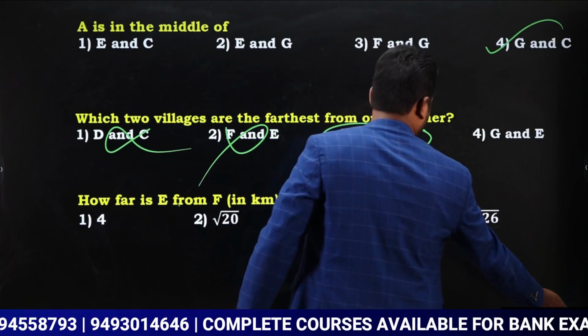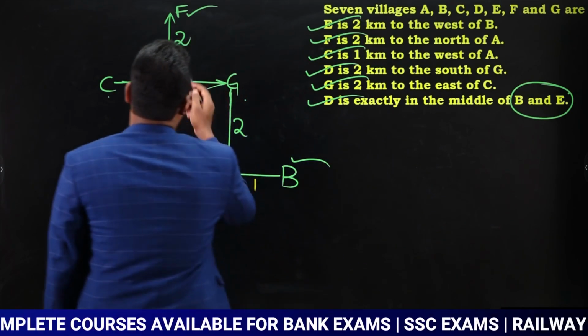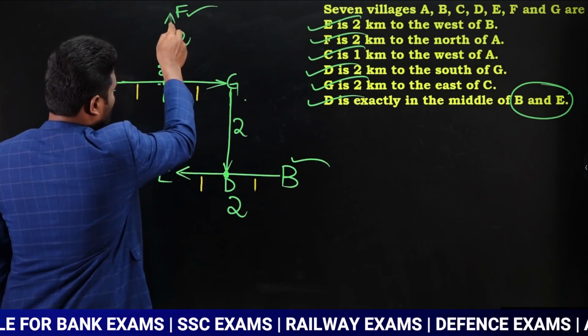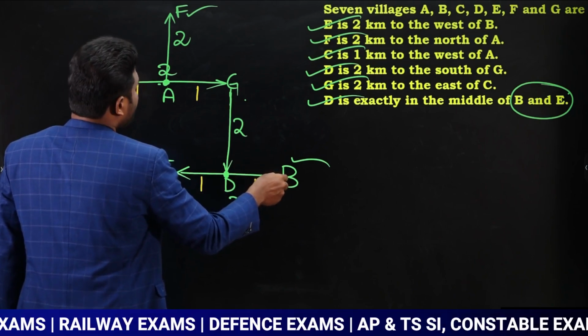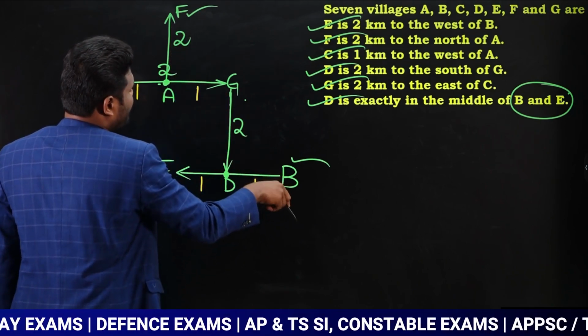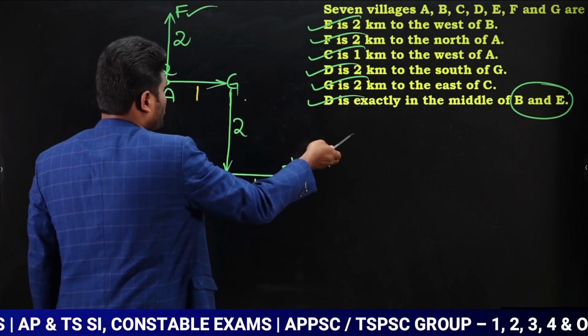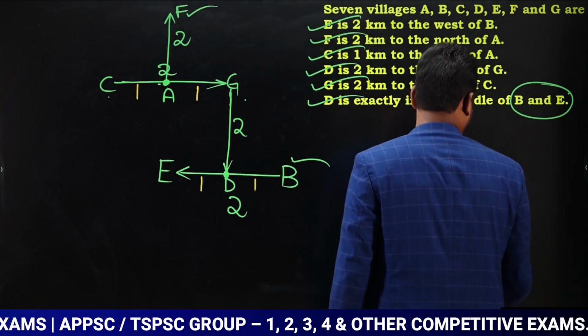Look at FB. If you look at FB, what happened? This is F, this is B. If you want to calculate the distance, then what happened? This is going to be 4. This is going to be 2. When you apply Pythagoras theorem, definitely this value will be more than 4 only. Yes or no? More than 4. Yes. Okay. Let us look at the next one also.